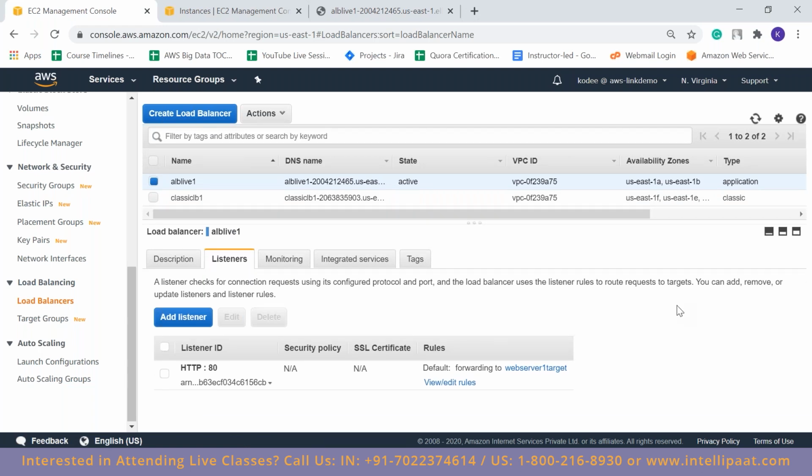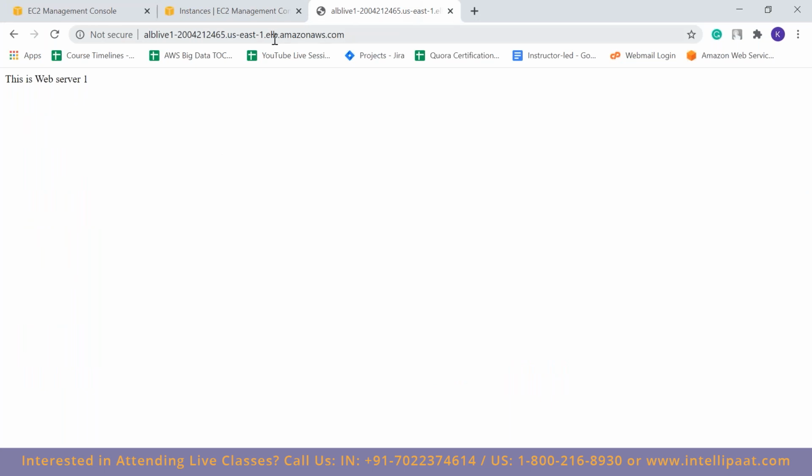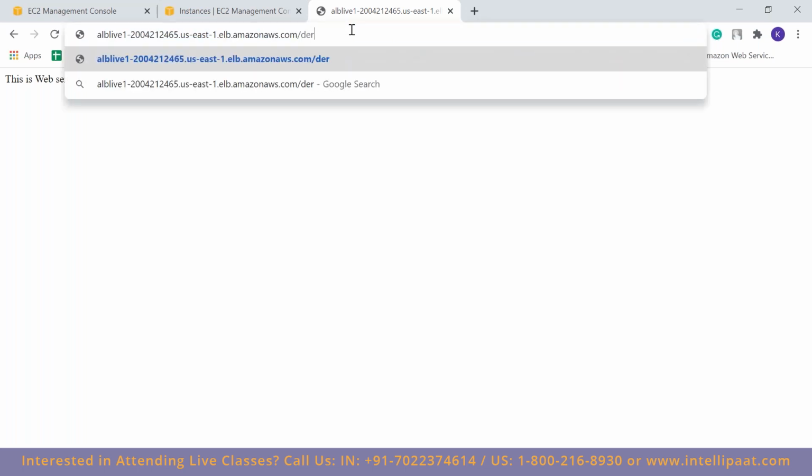Now, what I'm going to show you is whenever this particular DNS name is typed directly, it will take you to web server 1. And whenever the DNS name is typed like this, server 2, it should take you to the server 2, which is web server 2, as well as it should not take you to the default page, which will show this is server 1, this is web server 2.